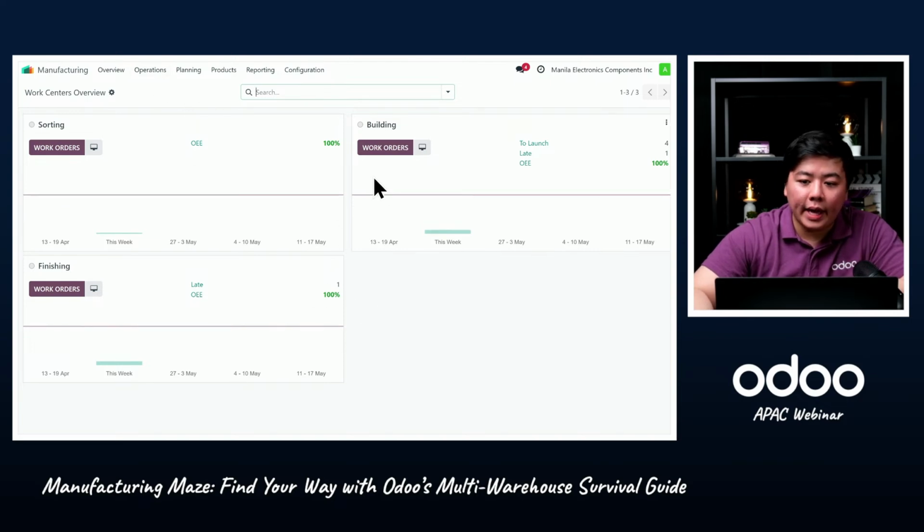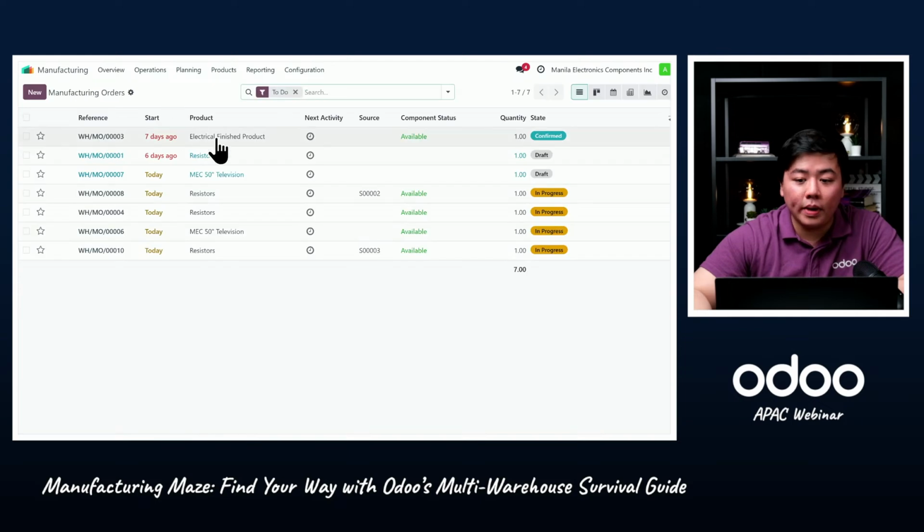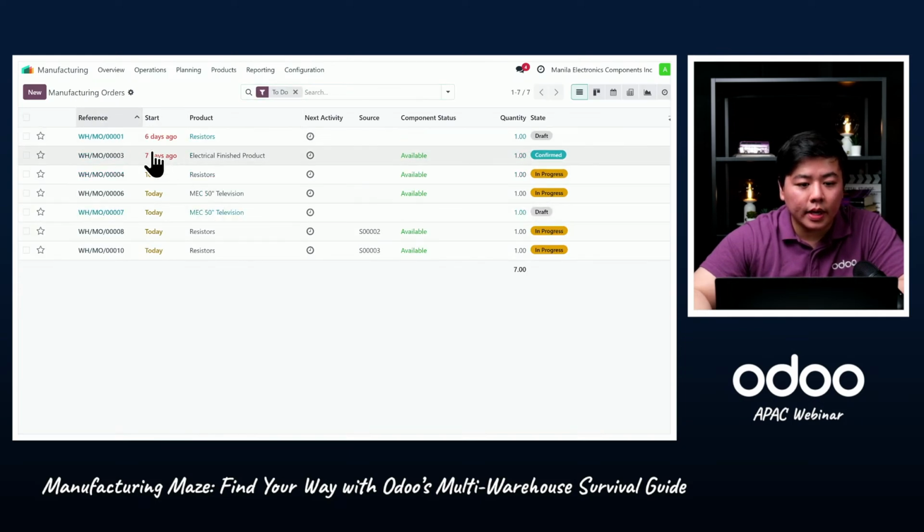Okay, and just to mention here, ito yung work centers natin. So this is the total overview. This is where you can manage yung different schedules and also operating time that, let's say, a particular work center is running. All right. So back to my manufacturing order, and let's select the, right now kasi lumalabas po dito